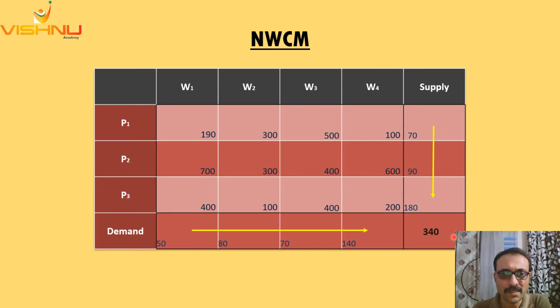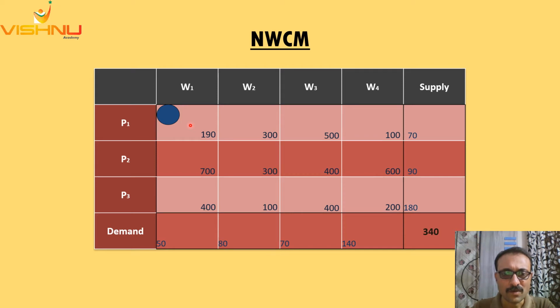So in the matrix for costs, the northwestmost corner is the cell P1W1. So this is the cell that needs to be identified first for the first transportation allotment. So as you can see on the screen, we've identified this particular cell. Now how many units do we transfer here? We can see that the column has a maximum of 50 units, whereas the row has a maximum of 70 units.